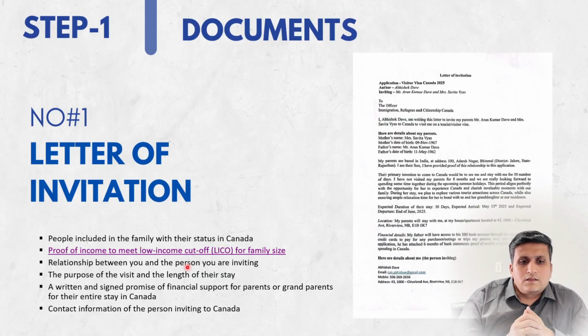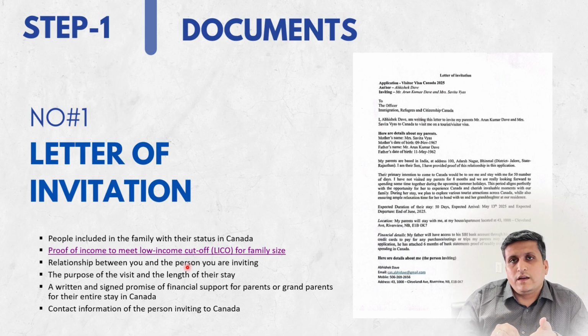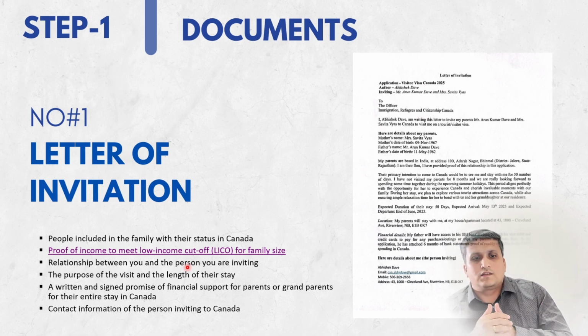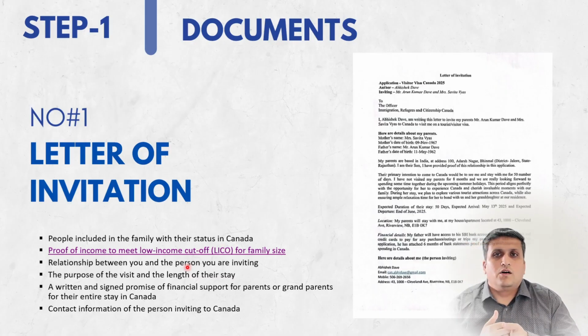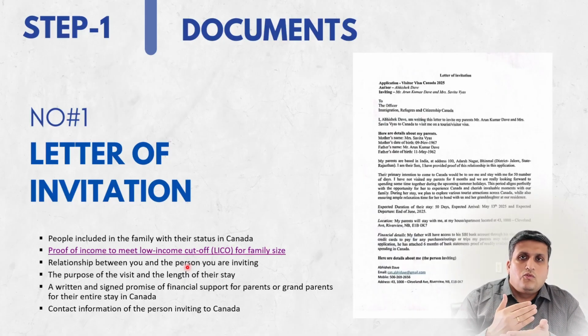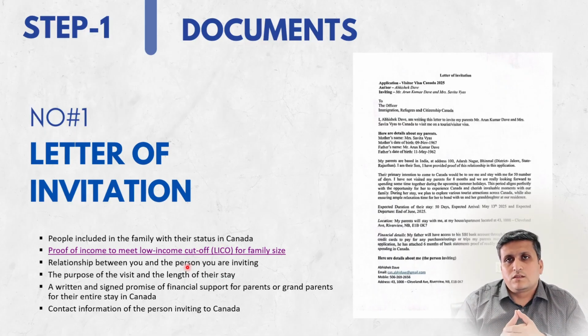length of stay. The next thing you should mention in that letter is that you will provide financial support to your parents or grandparents while they are staying with you in Canada. You can just mention that in one line, and also you can put a point there that they will not be overstaying their permitted stay duration. They will leave at the end of the authorized stay. In case of a super visa, if it is approved, you can stay up to 5 years at a time as